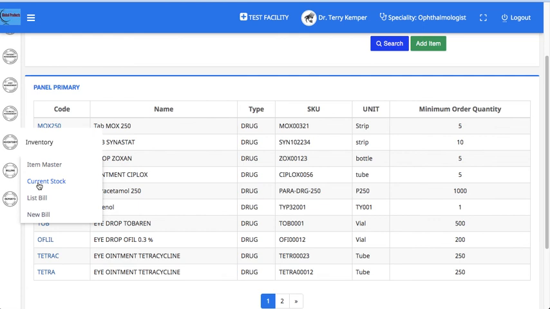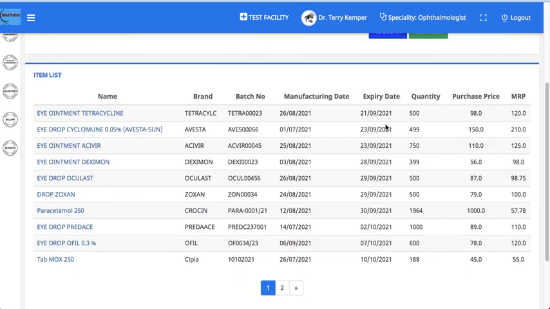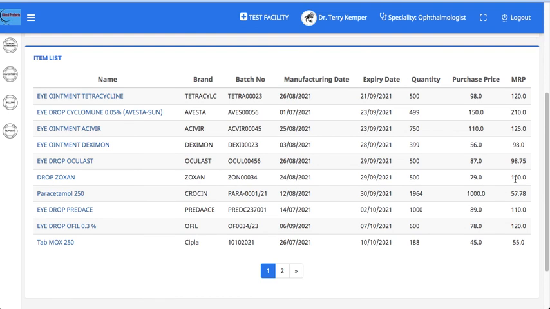Current stock can be viewed with the expiry date added for the medications, the brand, batch number, purchase price, MRP, the quantity available.